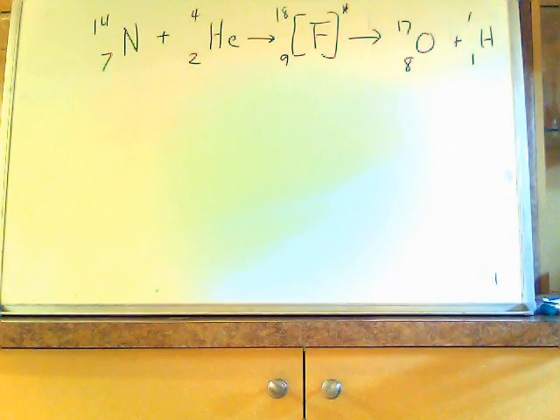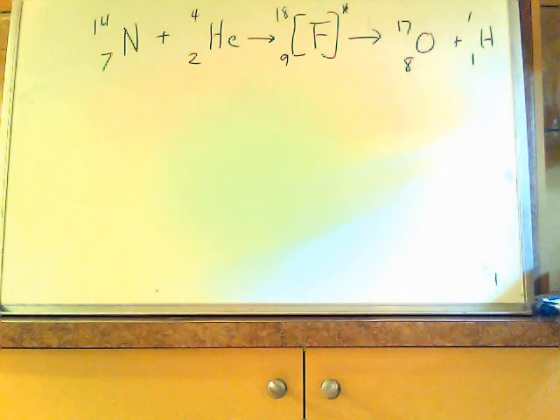So the first thing we're going to do, as we did before, is calculate Q for the reaction. What we're going to do is look at the mass of the reactants and subtract from that the mass of the products. The mass of the reactants, in this case, is the mass of nitrogen plus the mass of helium, and that gives us a total of 18.005677 atomic mass units. Then we're going to take the mass of the products, oxygen 17 and the hydrogen atom that's formed, and that gives us